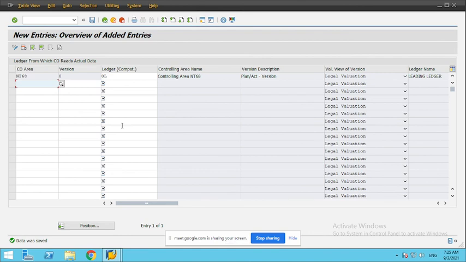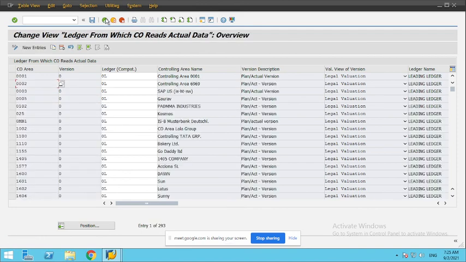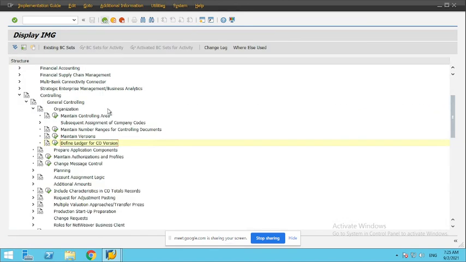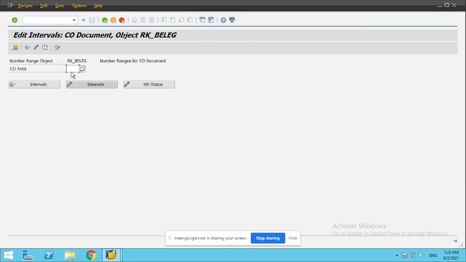Hope you understood. Yes, that's understandable. Okay. Next will be this one, maintain number ranges for controlling documents. If you give your company code 68 and enter and click on the interval,